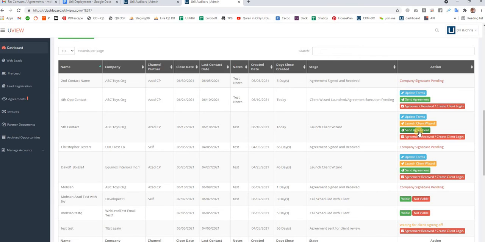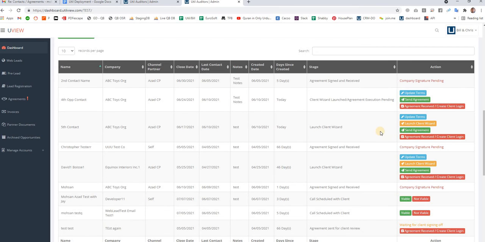In that case, you would need to send the agreement from your dashboard, or you can mark that opportunity as agreement received, and this button will create the agreement for that client, and it will create the login if the logins are not already created. In this case, the logins are already created, so if you press the button, just the agreement for this opportunity will be generated in the system, in the CRM.